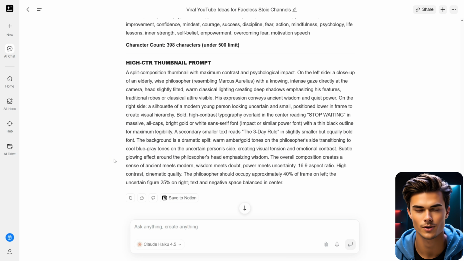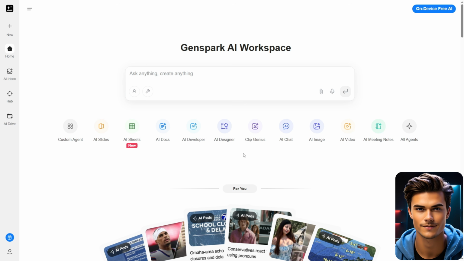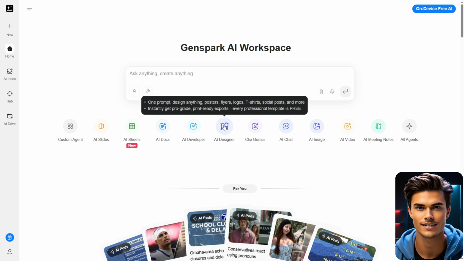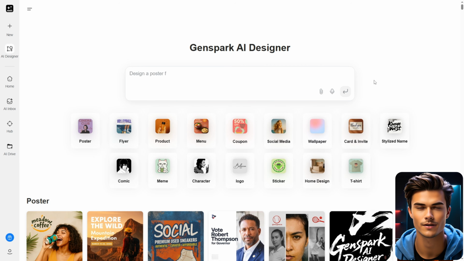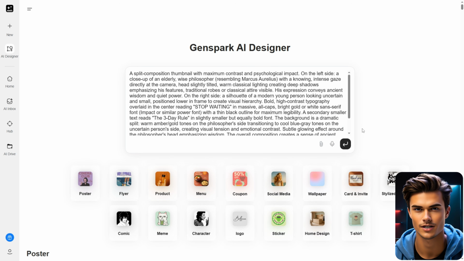So now that everything is ready, let me show you how to create the thumbnail. To do that, first copy the entire thumbnail prompt you just created, then head back to the main page and open the AI Designer, which is an agent specifically built for designing professional assets. Once you're inside, paste the prompt into the prompt section right here, and then click on the generate button to